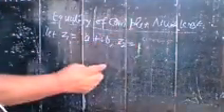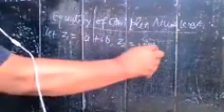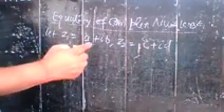Let z1 be any complex number, so let z1 equal a plus ib, and z2 be any other complex number, z2 equal to c plus id. Suppose you have two complex numbers z1 and z2. Let z1 equal a plus ib and z2 equal c plus id. They are said to be equal if